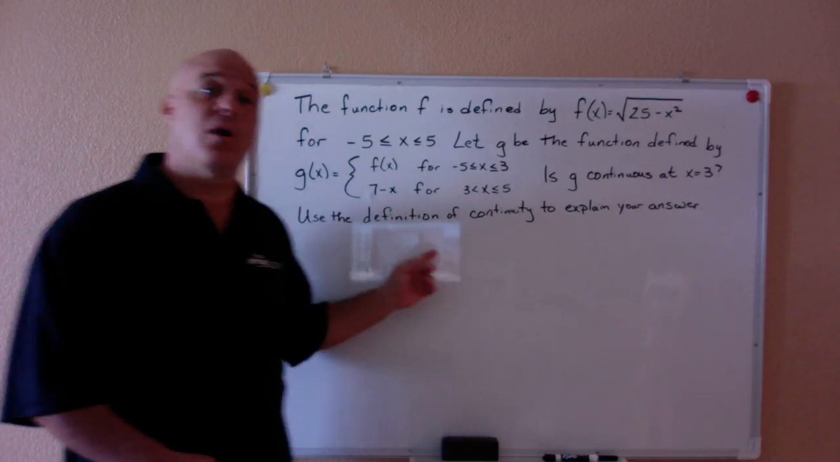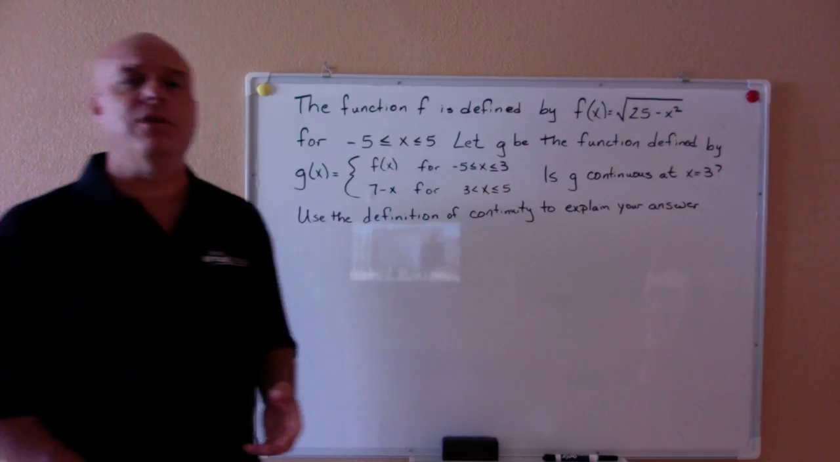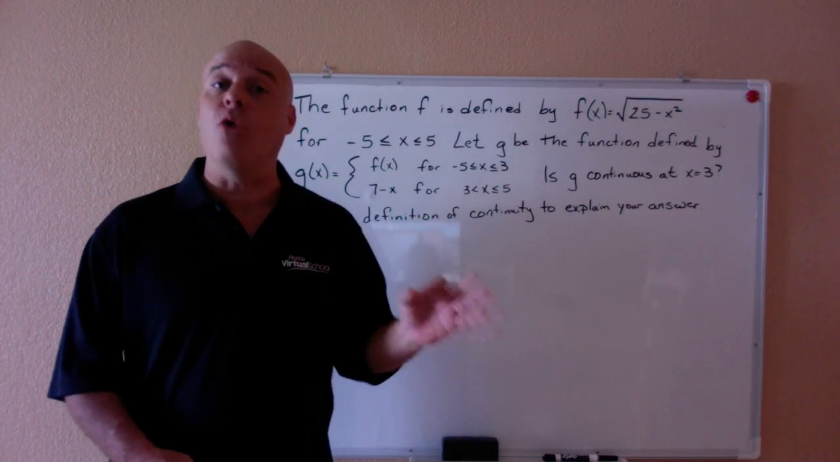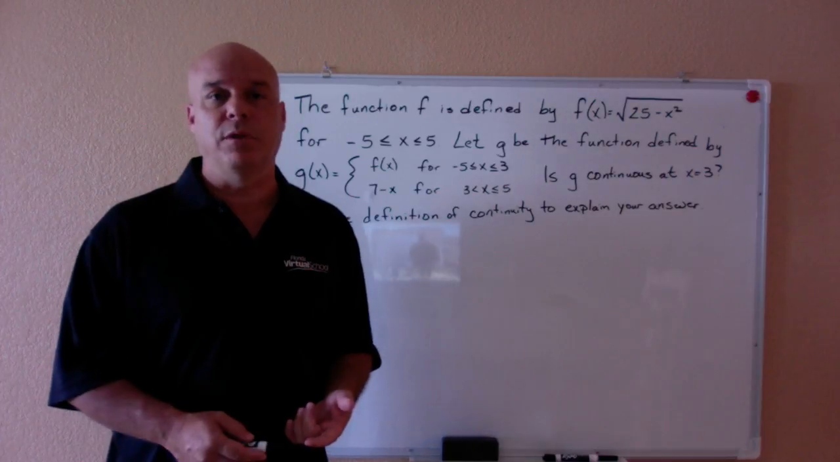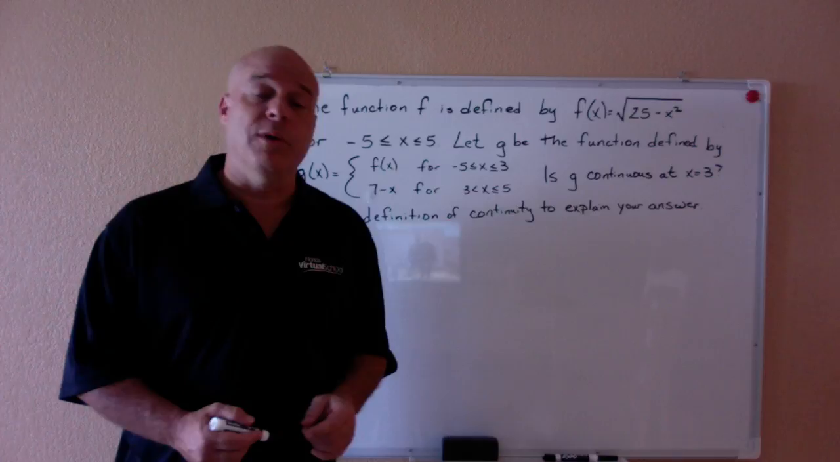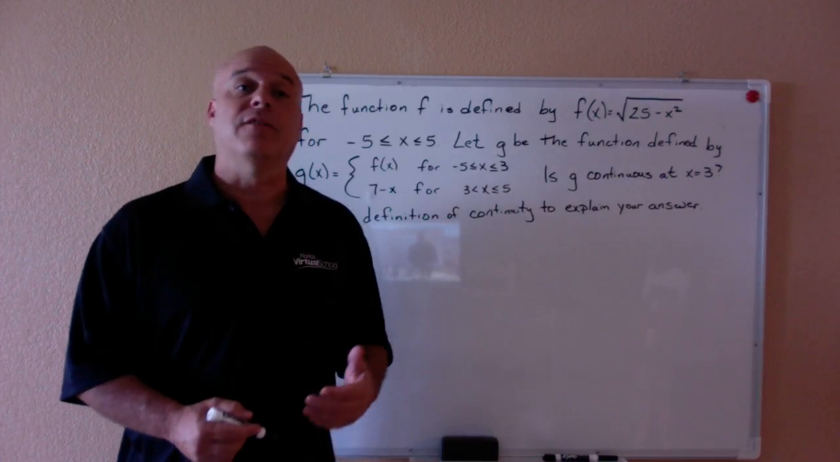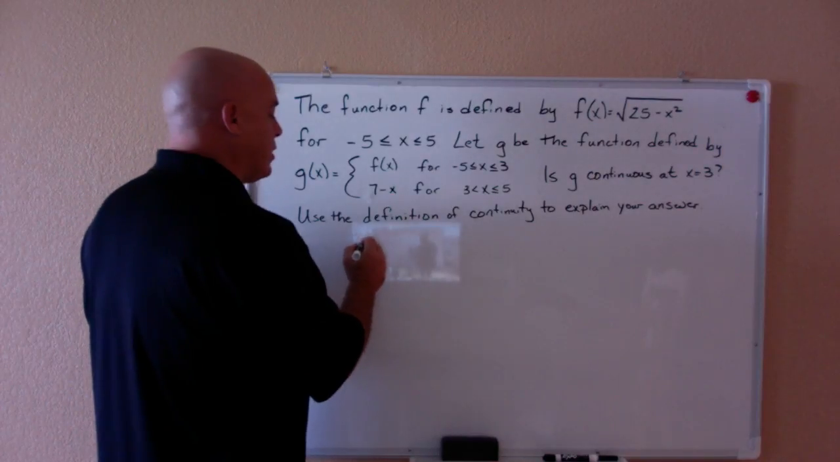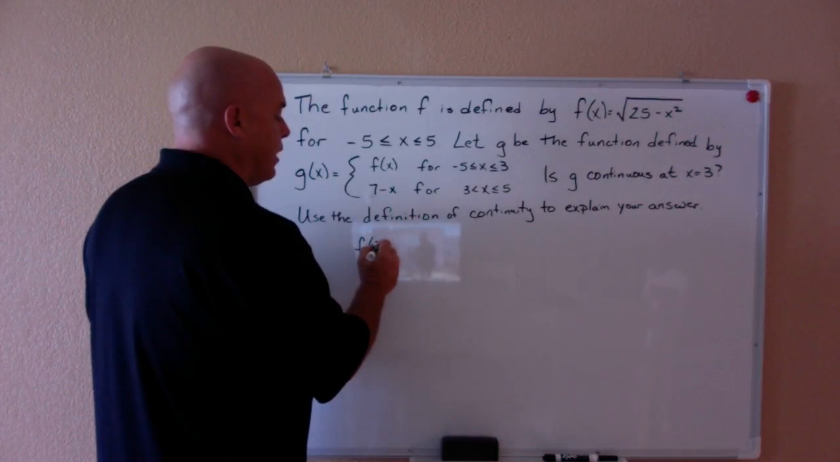Now note this last part down here. They told us to use the definition of continuity to explain our answer. That means that we're going to have to show that all three of the requirements for something to be continuous hold true at this particular point. The first requirement was that we had to make sure that the function was defined at the point that I'm interested in. So the first thing that I'm going to do is I'm going to say